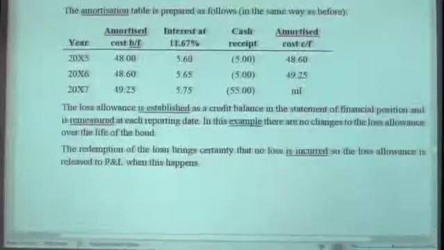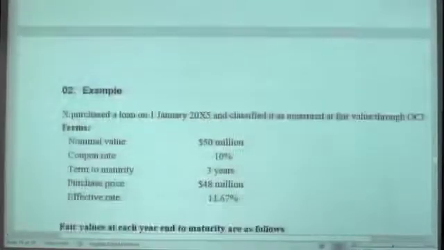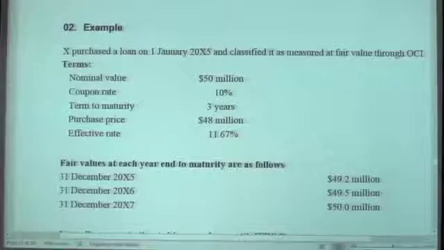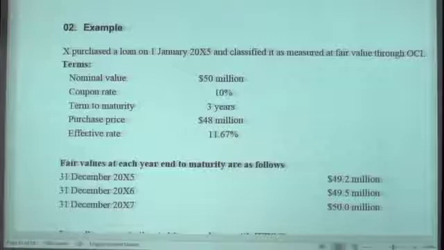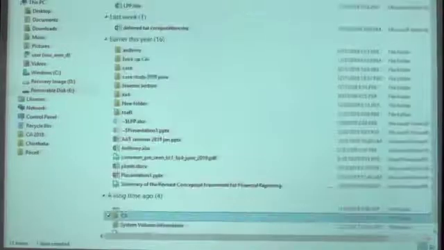Let's see another example. This example is about a financial asset classified as fair value through OCI. Right, as I told you, there are different journal entries. When you have an amortized cost financial asset, the loss allowance will be recognized as a provision through P&L. Thereafter, you need to present the loss allowance account as a deduction of the asset in the balance sheet. That is the very important part when you present in figures.